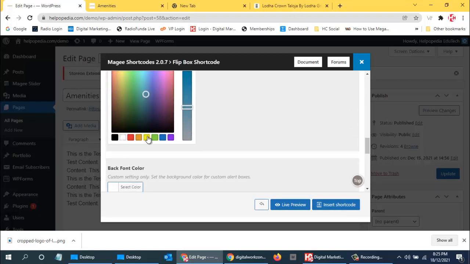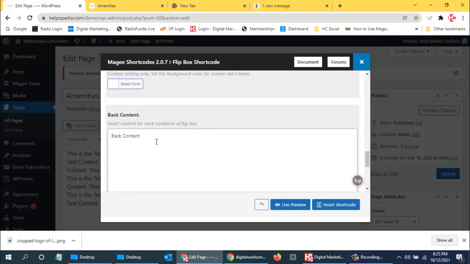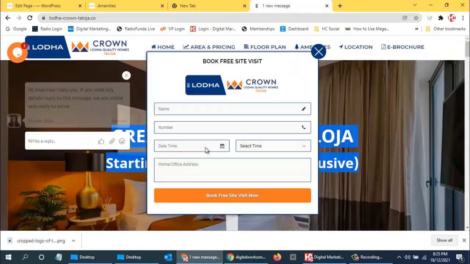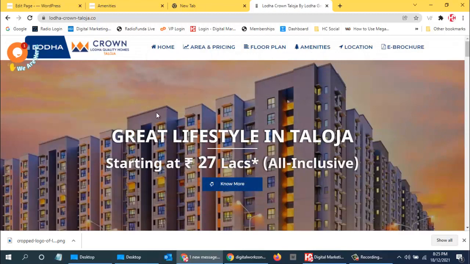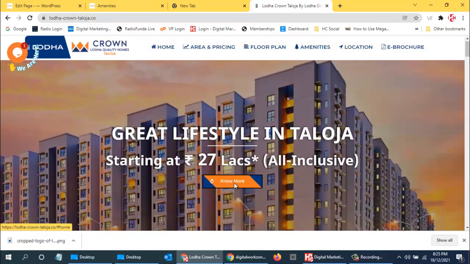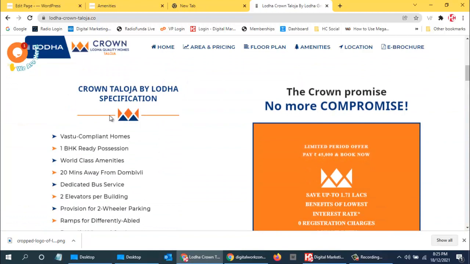Maybe if I use this color over here, and then you can write the content over here, the back content. So the back content you can write over here is, this is for this, so no more. Under no more I can use this.